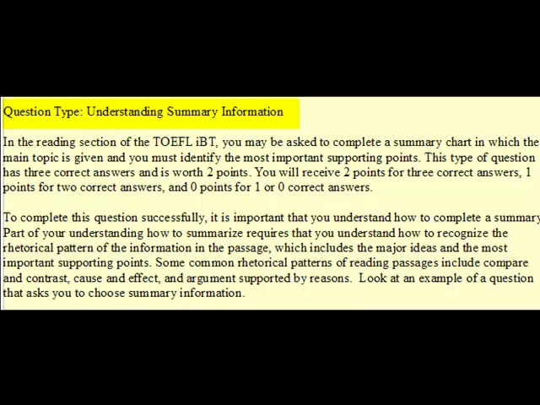Question type: Understanding summary information. In the reading section of the TOEFL IBT, you may be asked to complete a summary chart in which the main topic is given and you must identify the most important supporting points. This type of question has 3 correct answers and is worth 2 points. You will receive 2 points for 3 correct answers, 1 point for 2 correct answers, and 0 points for 1